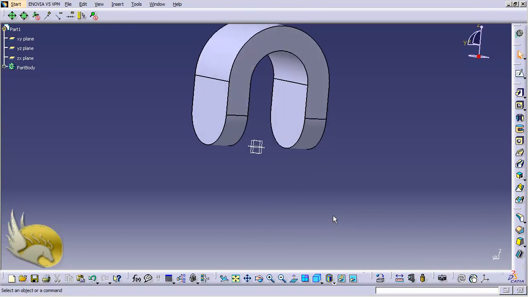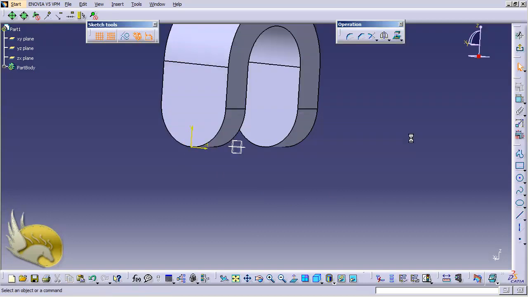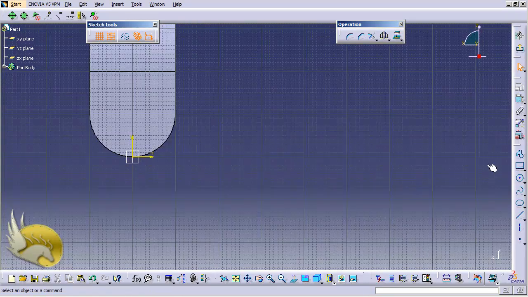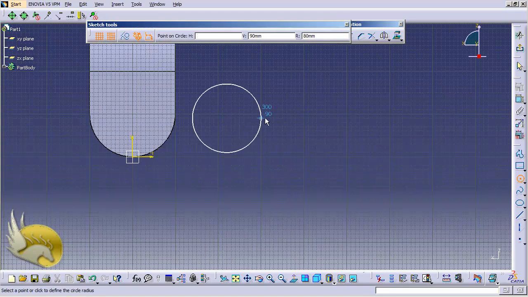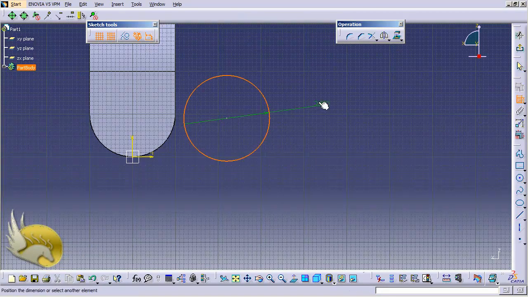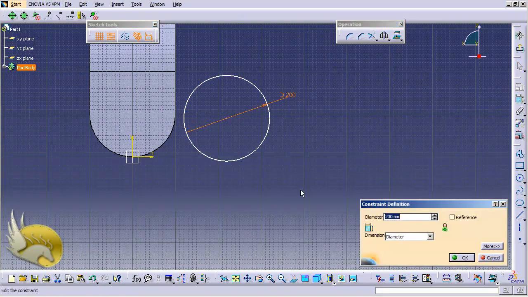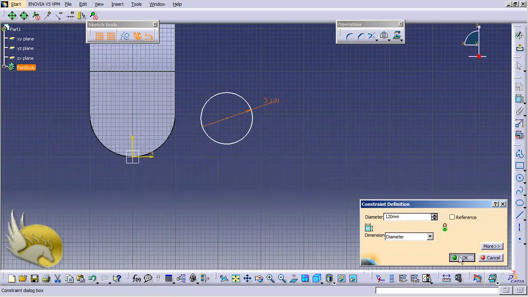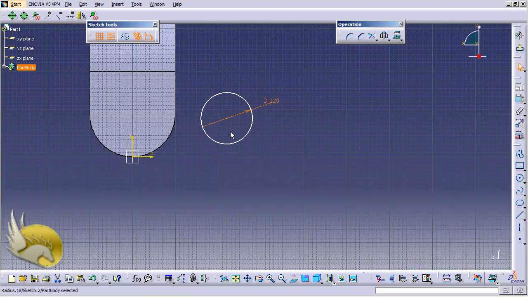Okay, I want to have some fillets around this, but I want to do it in next part. So let's go to sketch environment by selecting this face, and I want to have a hole here, so I draw a circle like this. This circle should be 60 millimeters in radius, so this is 120 in diameter, and I want it to be concentric with the center of this. So let's find the center of this. I want to have a point,